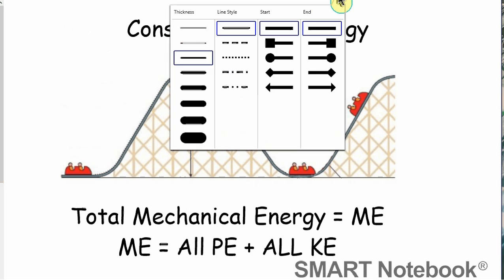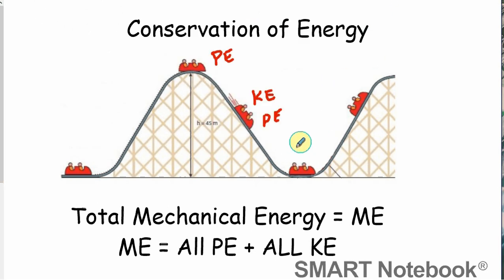And then finally, down here at the bottom, I'm going to change pen thickness here. We have a roller coaster with all KE, no potential energy down here, because all of the energy has been transferred into kinetic. And so the roller coaster is obviously moving the fastest right here. It has the final velocity, the fastest velocity down here at the bottom. And then it will begin ascending in here. And so here we have, again, a combination of kinetic energy